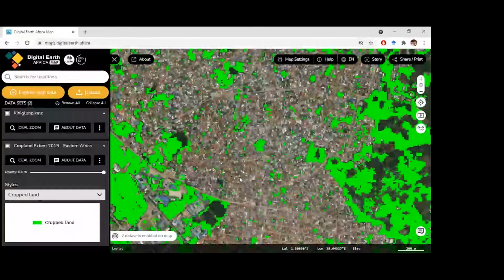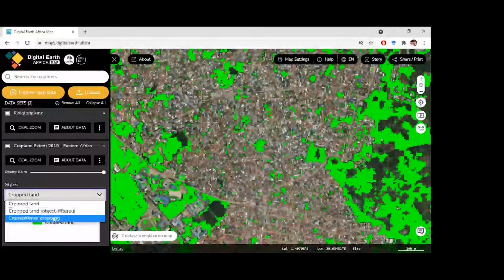But I found some areas of improvement, especially for gardens in the city that could have been considered as crops, maybe based on the greenness. So if you go to the probability of cropping,